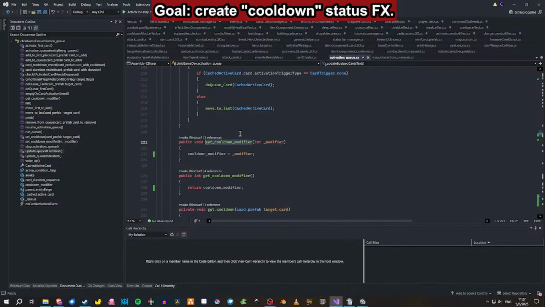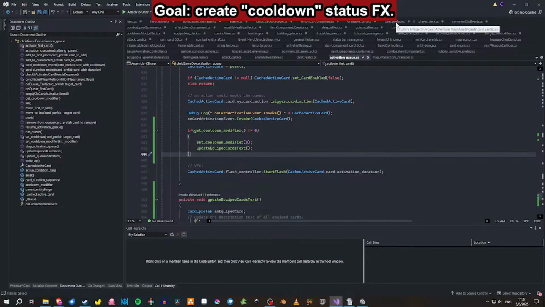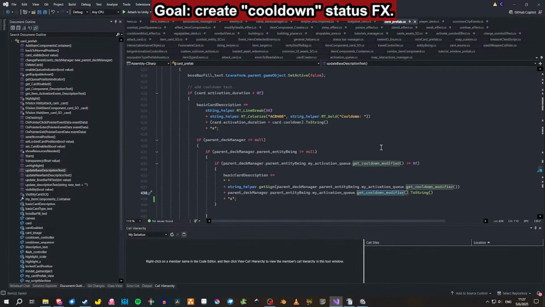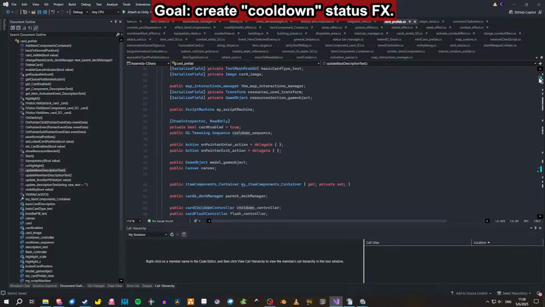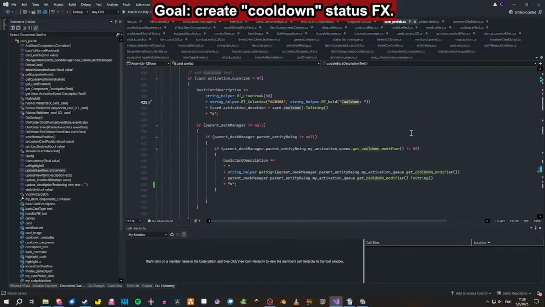Set cooldown modifier to 0. Oh, if it's not 0, then it updates all of these guys. But what I have to do is update the text here. I have to somehow update the trigger, right? The trigger type,